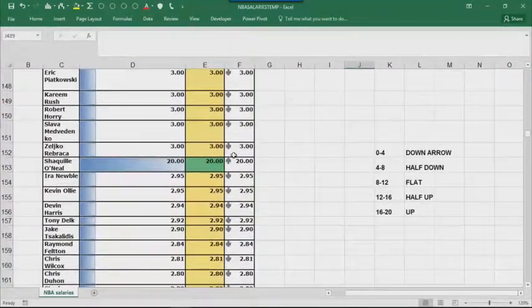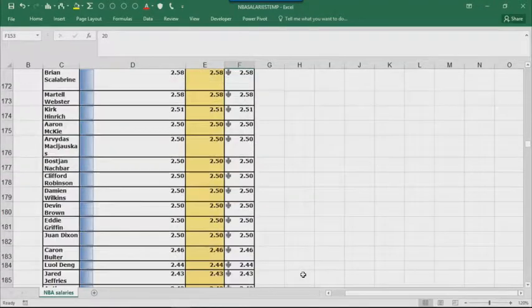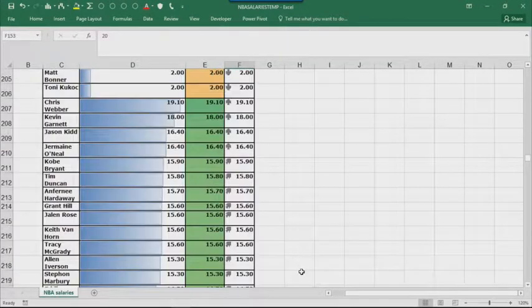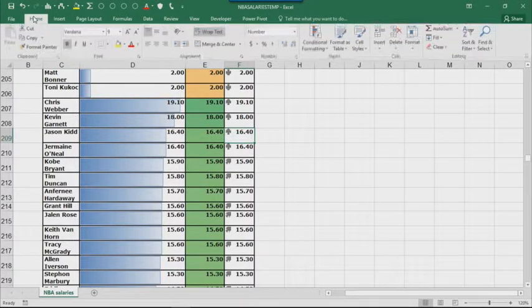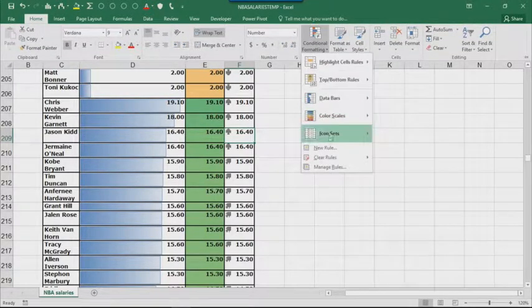Okay, and we'll look at edit rules in a moment. And if I look at Jalen Rose in row 215, he has a half up arrow, even though he makes a lot of money. So that may seem a bit strange to you, and it does to me. So let's go to Manage Rules. I think he should have an entire up arrow because he's one of the highest paid guys in the league for this year. But if I would do conditional formatting, Manage Rules,